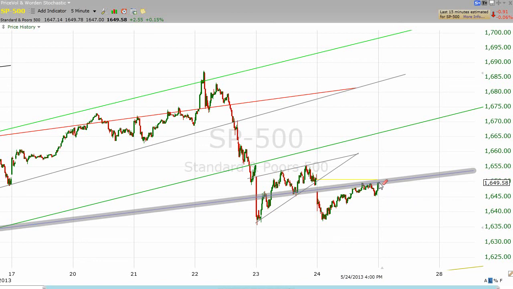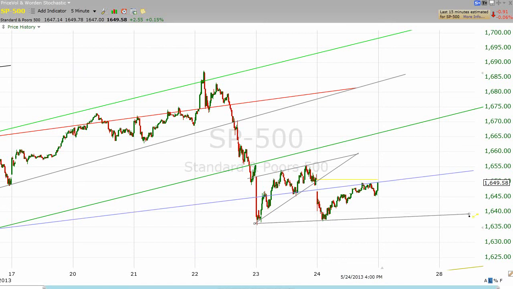It would not surprise me to see a rally and then see the markets sell off a bit more. This sort of looks like there's a willingness. Here we gap down and then we traded up. Then on Friday we gap down, I think we traded up. Obviously there's weakness in the market, but throughout the session, it seems like there's a real willingness for buyers to come in and pick this market up. So with that in mind, we see that they came in at about 1636 on the 23rd, and they came in at about